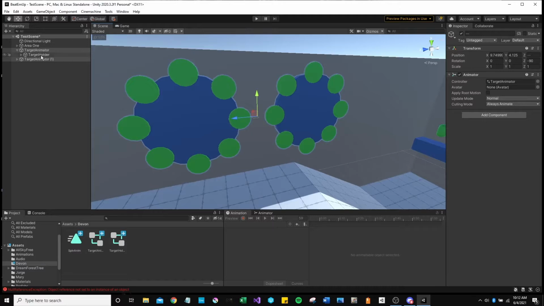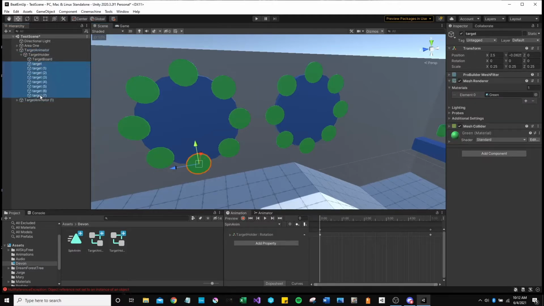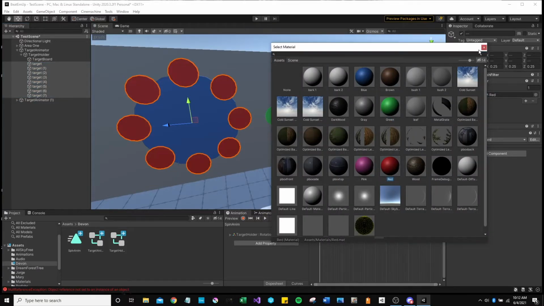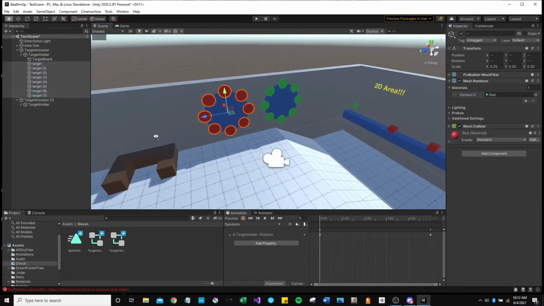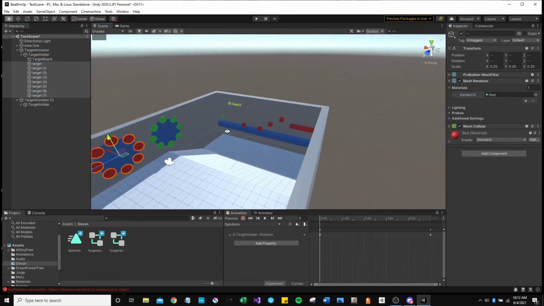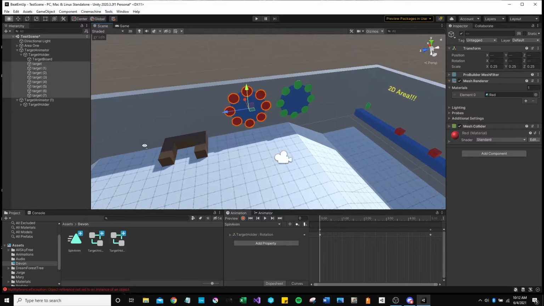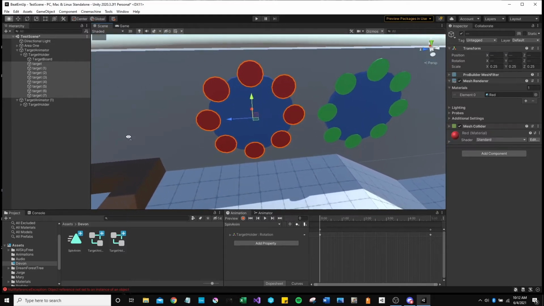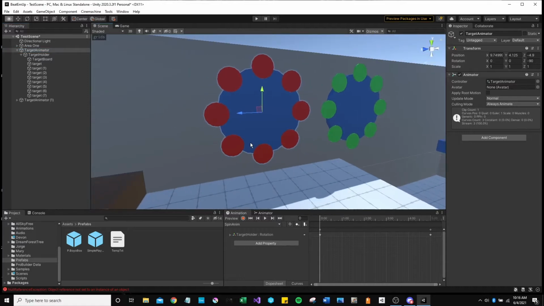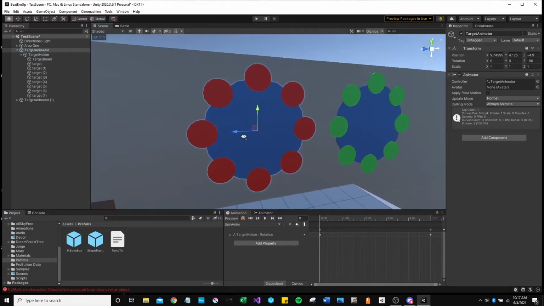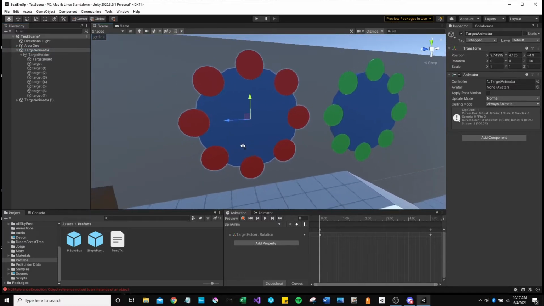Then what if I want them to be back to red? I would have to go in here, select all these, change it to red, and then also do that for the other one. And what if you had, I don't know, 20 targets all around this room? That could be very, very tedious. So to show you how prefabs can handle changes,